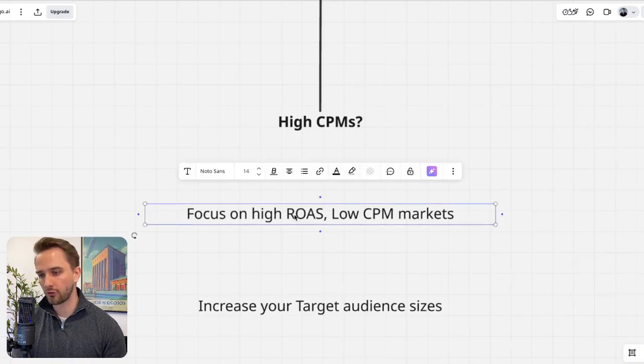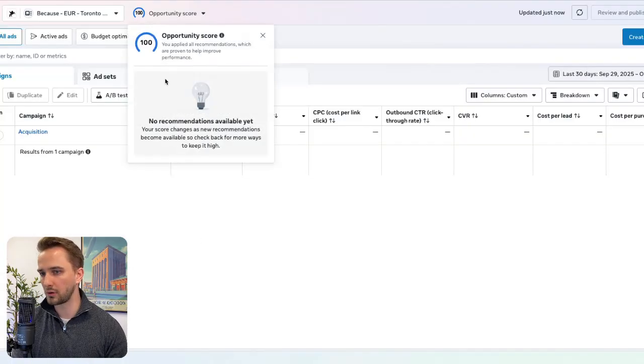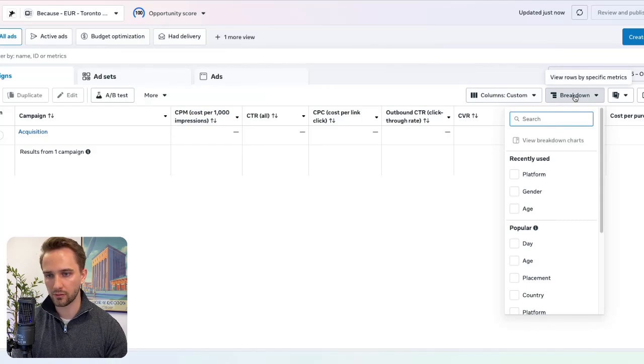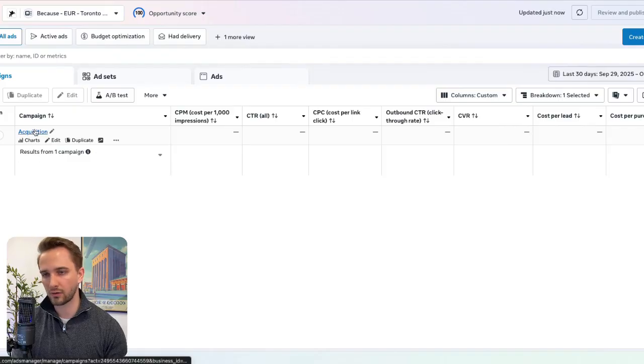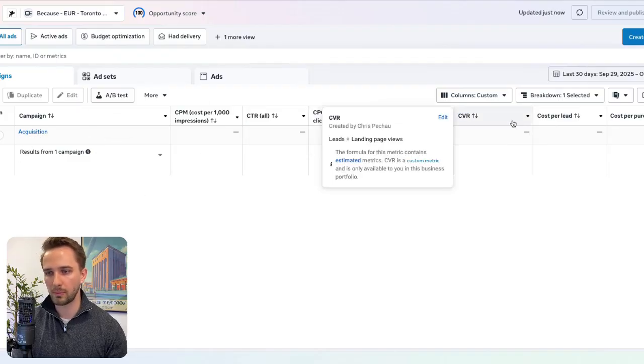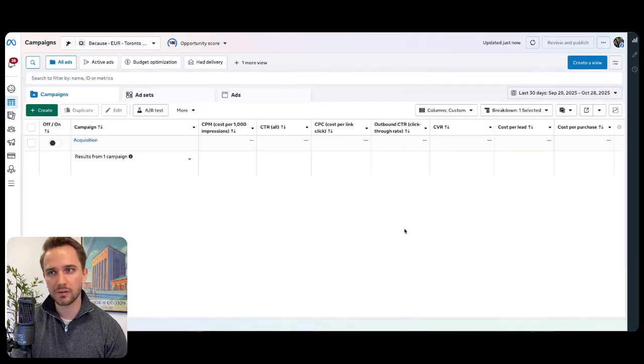So the first thing to do is the country you advertise in has a massive impact on your ads, right? So what you can do is you can go in here, you can go into breakdowns, you can go into country, and then you'll get a breakdown. Oh, this ad account is inactive, but you'll get a breakdown of these metrics by country. And so you can see, okay, which country brings the highest return on ad spend, the lowest cost per lead, but is sort of underspending. I'm not spending a lot of money in that market right now. And so I can create a dedicated target audience targeting that country, maximize sort of that performance trend I'm seeing.